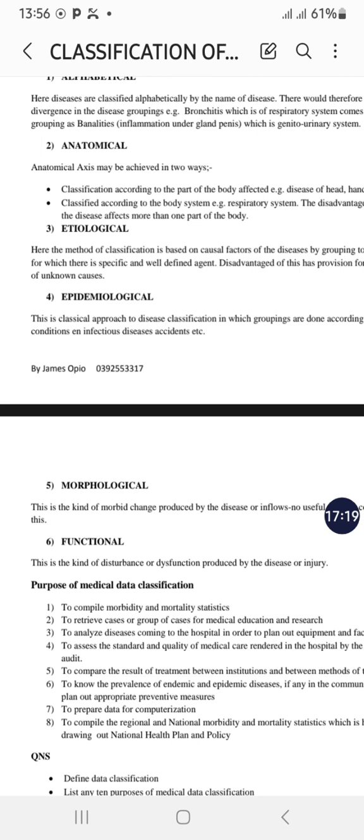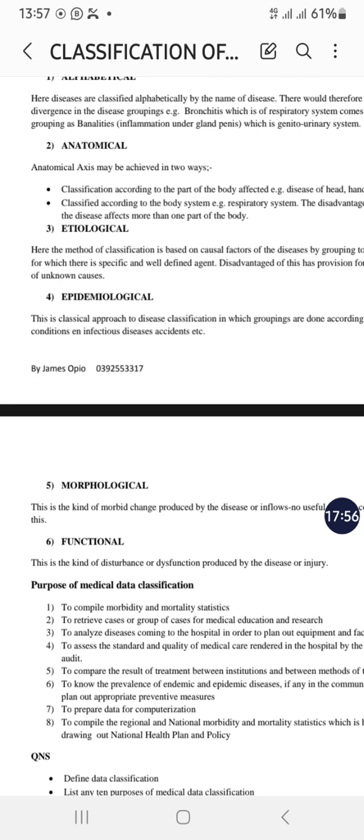Etiological explains the origins or the causal factors of disease. The question is, what causes a disease in certain groups of people? Which means the classification will be based on those diseases that have clear or well-defined causal agents. So there must be a disease that we know what causes it, because we have some diseases like